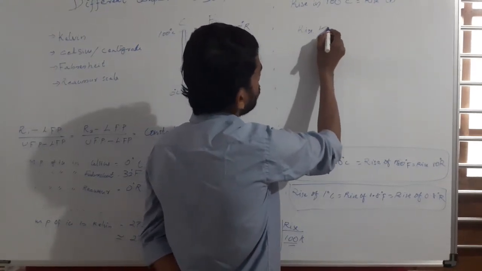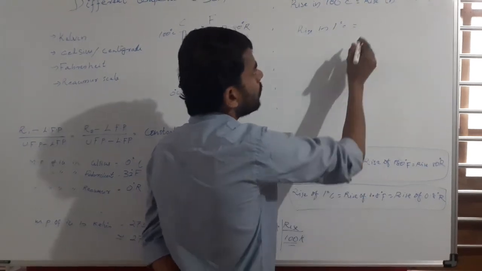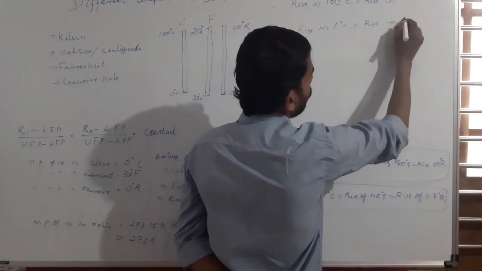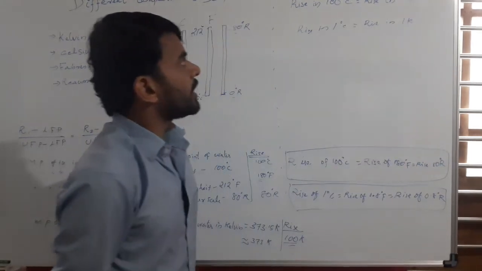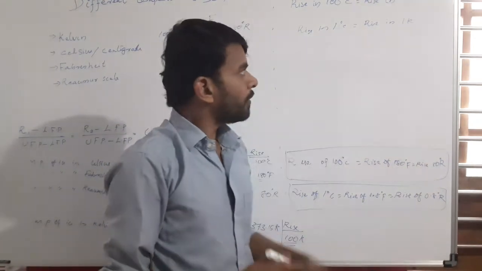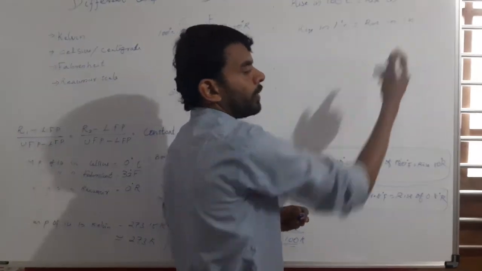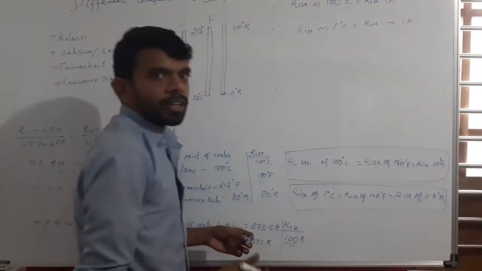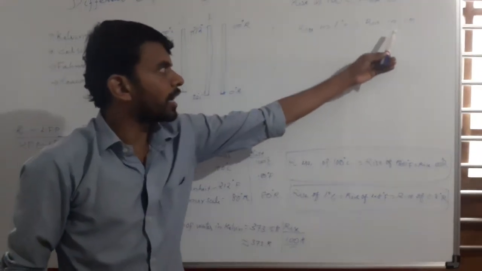So a rise of 1 degree Celsius equals a rise of 1 Kelvin, right? Whenever there is a rise of 1 Celsius, there will be a corresponding rise of 1 Kelvin. Whenever there is a rise of 2 Celsius, there will be a corresponding rise of 2 Kelvin. So a rise of degree Celsius is equivalent to a rise of Kelvin,